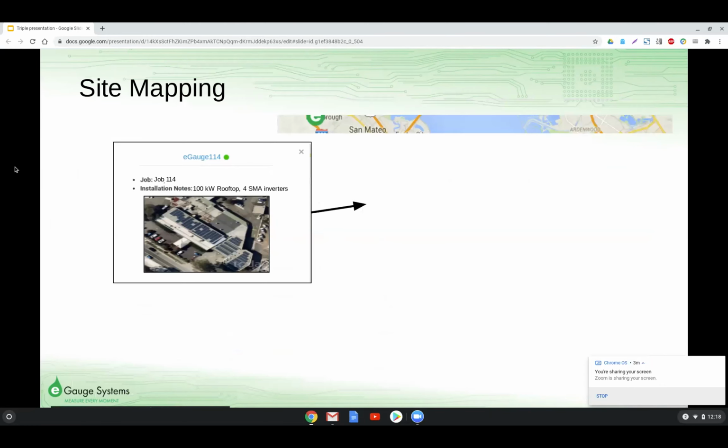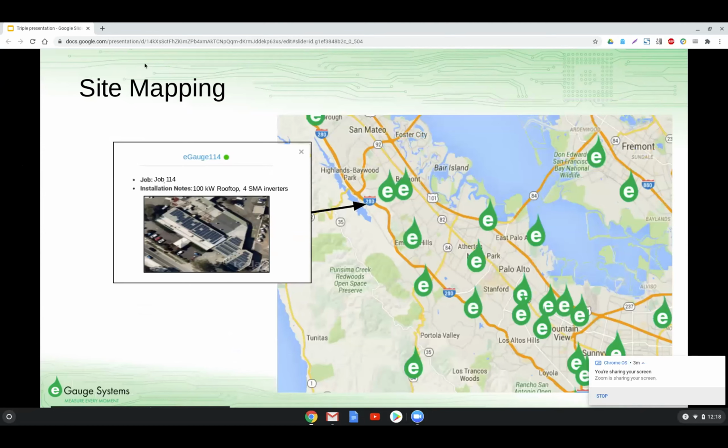Along with this tool, you can have access to a site mapping tool where you can show your customer what other sites in that general area that you have installed. And at each one of these eGauge drops, you can then pull up some photos of that installation, give you a little bit of information on it. This is nice because